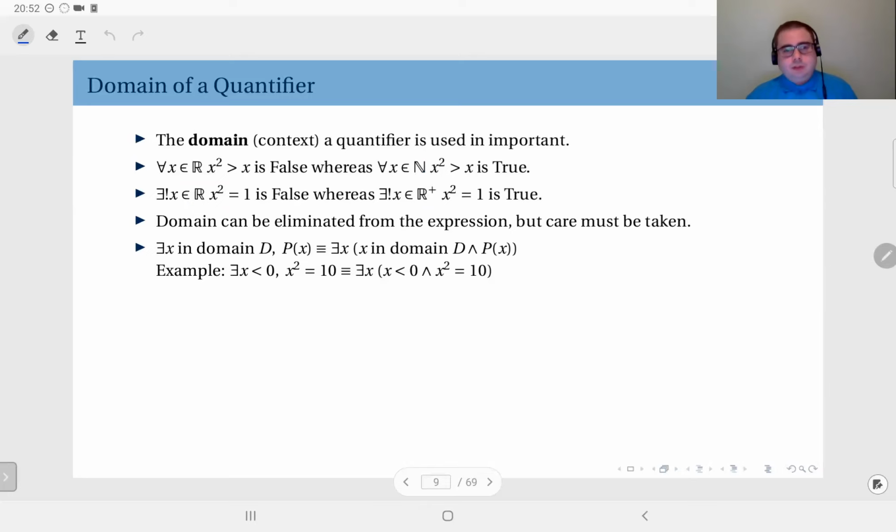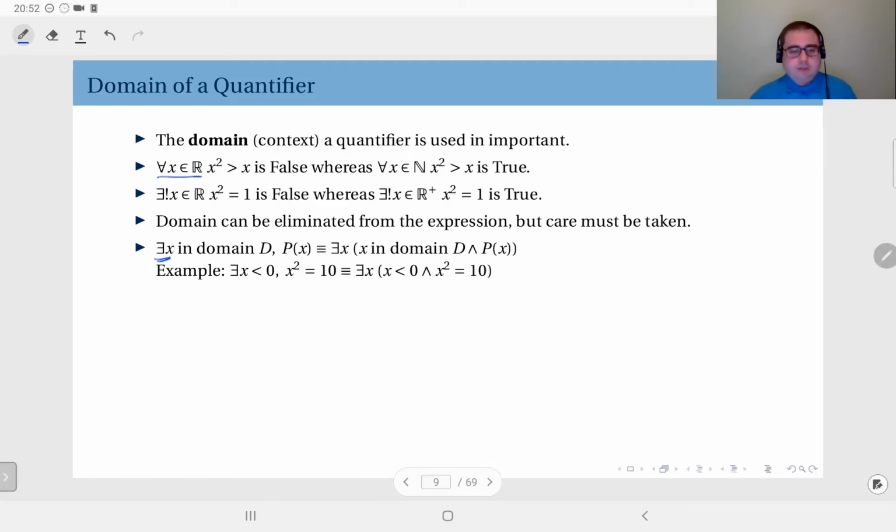Now, sometimes in the notation, in a mathematical text, you can observe such domain restrictions imposed on the quantifiers. But if you'd like to be quite rigorous, you can also eliminate it from the representation. But here you need to be careful. For instance,